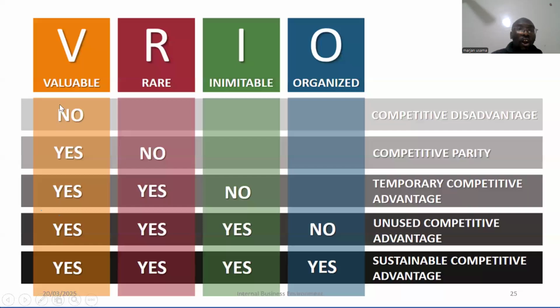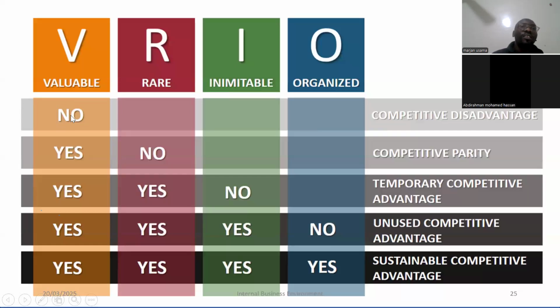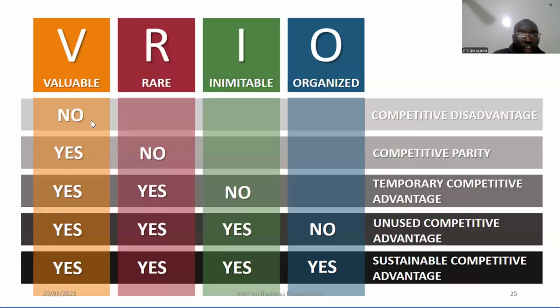Because if it is no, look, if it is not valuable, what is going to happen? You have a competitive disadvantage. Rare, if it is no, competitive parity, you are the same as other people. Inimitable, if it is no, it is a temporary competitive advantage. Organized, if it is no, it is an unused competitive advantage. So what we want at the end of the day is a sustainable competitive advantage. That is, my resources in the organization can enable me to compete, can enable me to be better than my